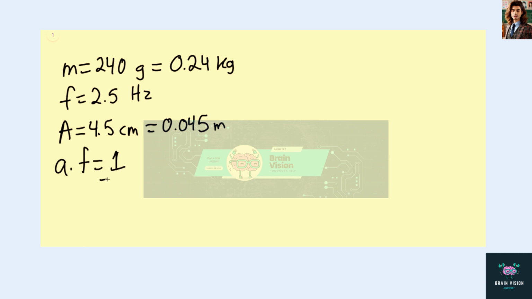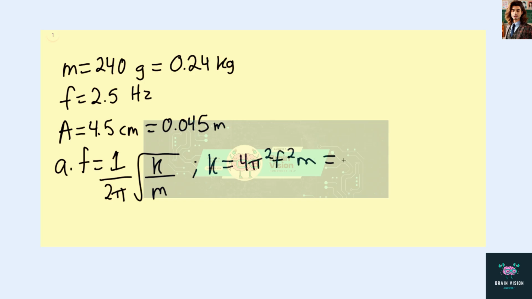So for part A, trying to find the spring constant, we know that the frequency is going to be 1 over 2 pi times the square root of the spring constant divided by the mass. So we can simply solve for the spring constant and say that K is going to be equal to 4 pi squared times F squared times M. And we can say this is going to be 4 pi squared times the frequency, so 2.5 squared, times the mass, so 0.24, and we have a spring constant equaling